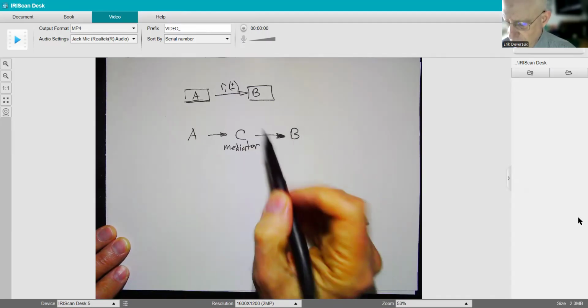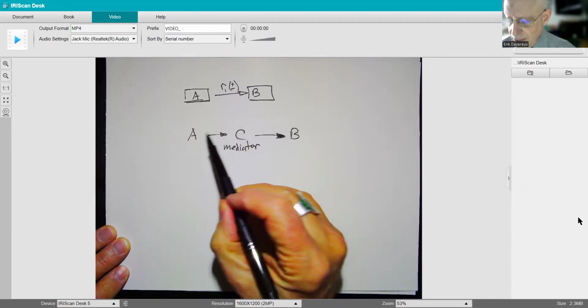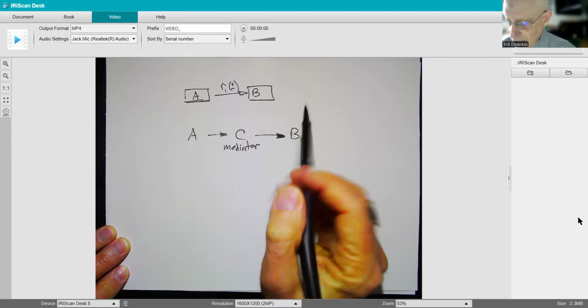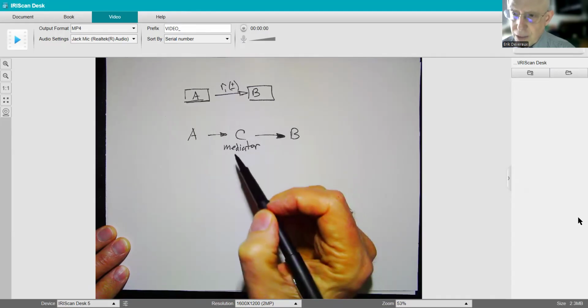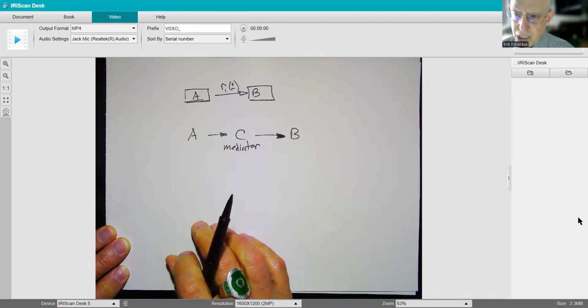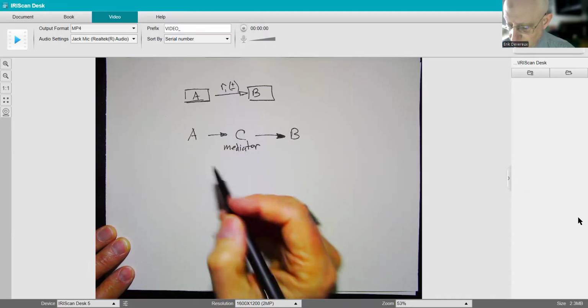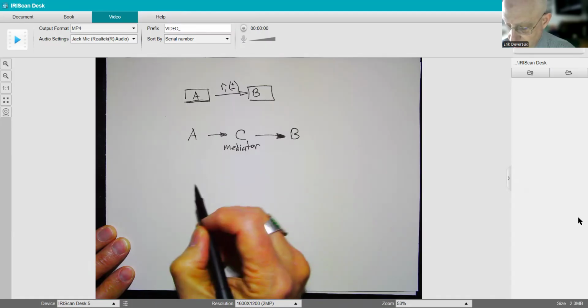So in this particular example of the mediator, B is not listening to A. B is listening to C, and C is listening to A. Indirectly, B is getting affected by A, but you have to know what's going on with the mediation of C, okay? Or else you get your understanding of the world wrong. I build lots of models with mediators. There's another example that looks like this,